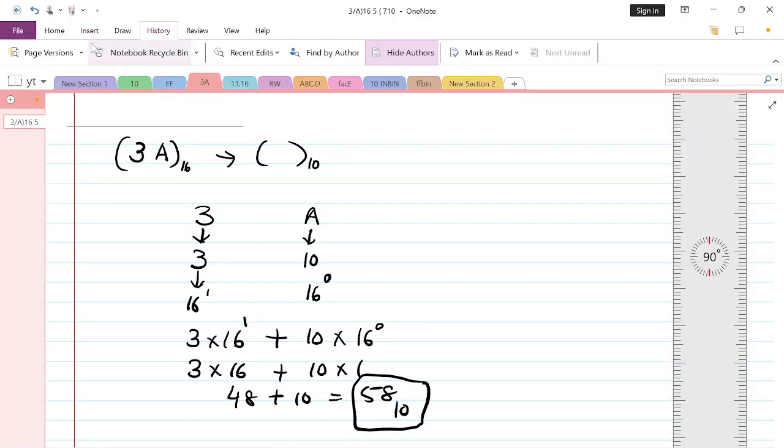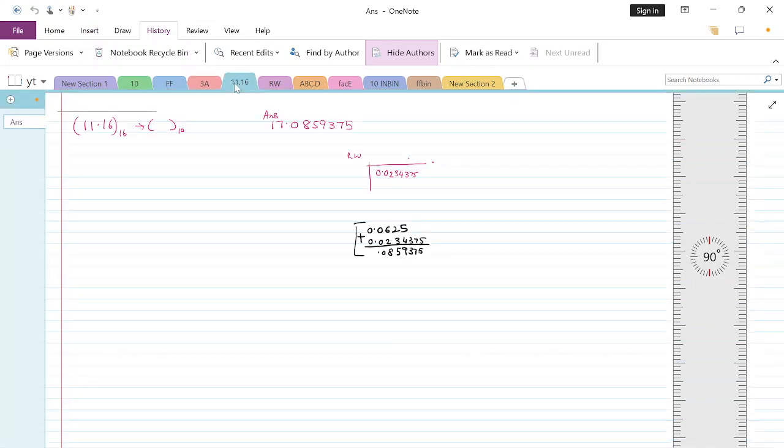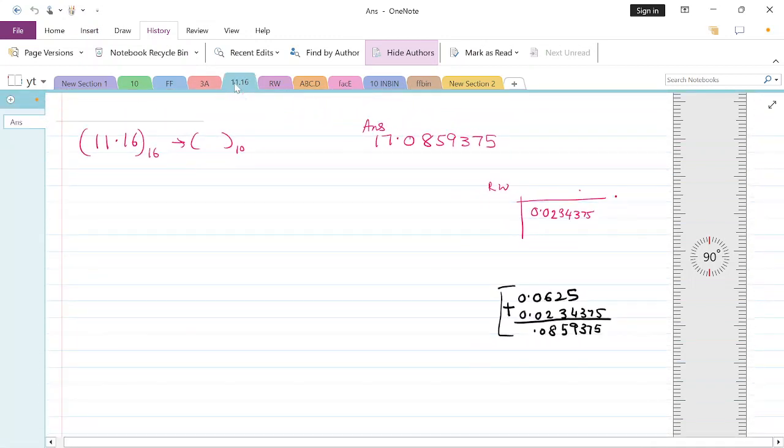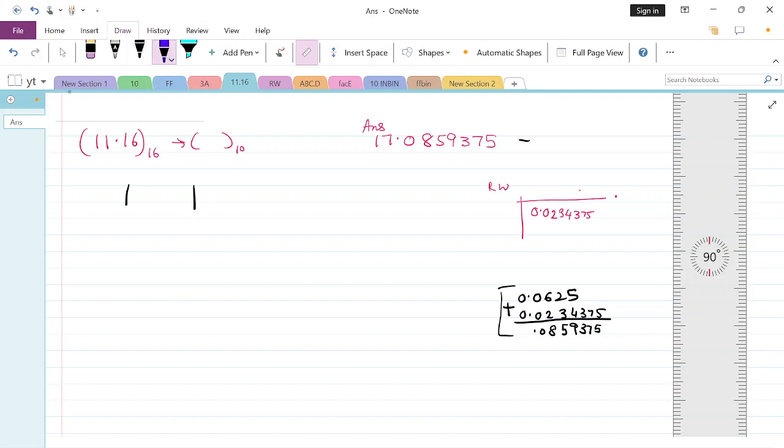Now let's take a slightly longer example. It's a fractional number. I've done some rough work already over here. This will be our answer. Let's check it out. There are two digits coming up over here, 1 and 6. Their decimal equivalent is also 1 and 6. Now these two digits are our whole number part, and this 1 and 6 are our